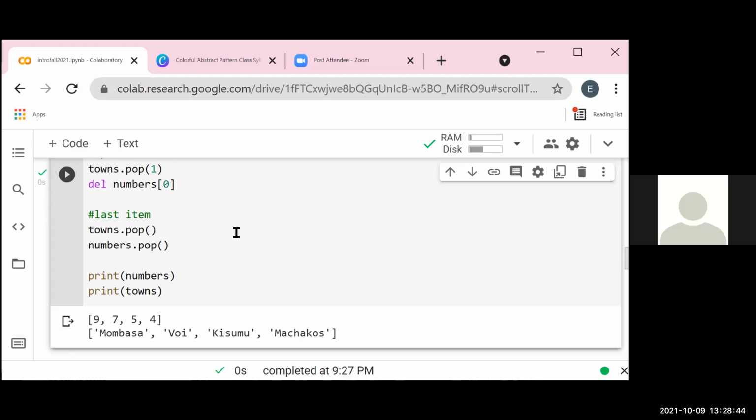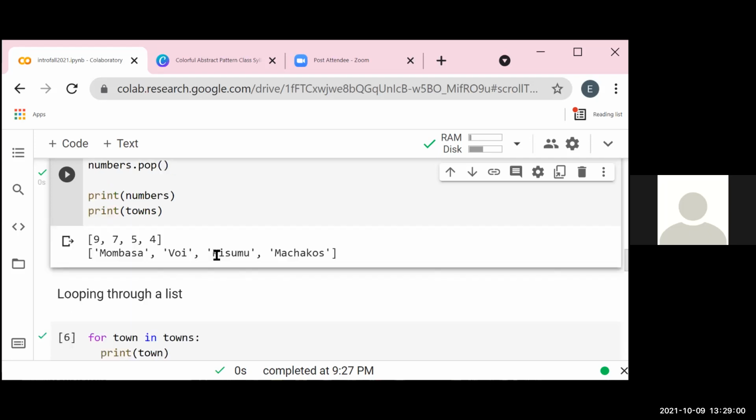So those are basically the basic things that you can do with a list. We've talked about how to create a list, how to read or access from a list, how to update a list, and how to delete items from a list. We are going to look at the same thing for tuples and dictionaries as well.